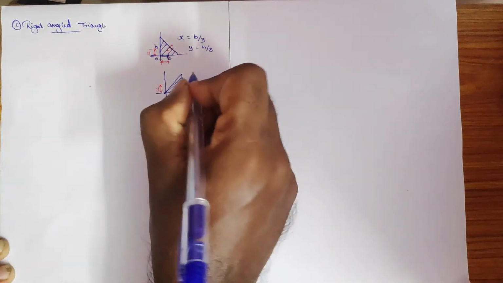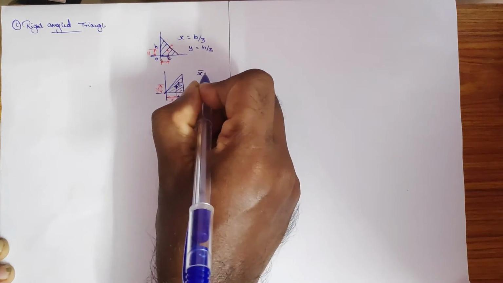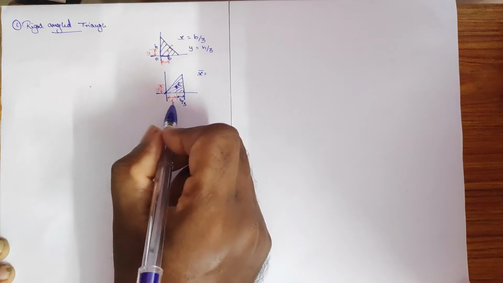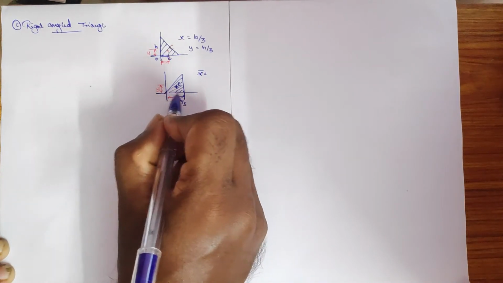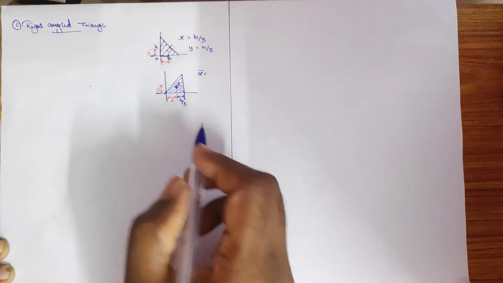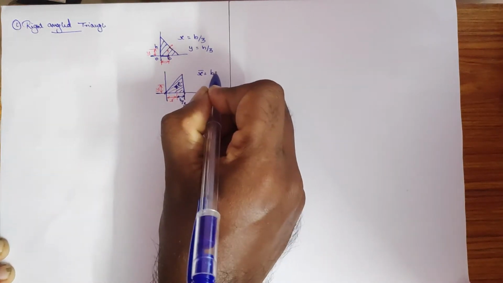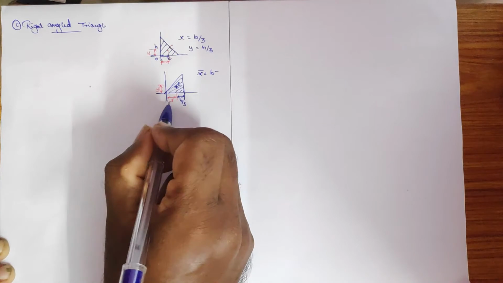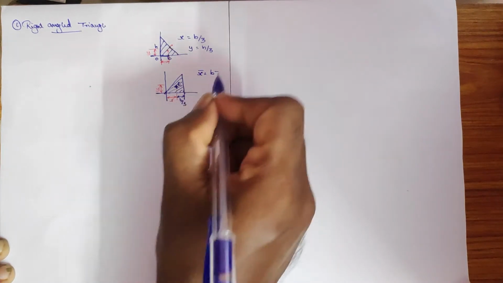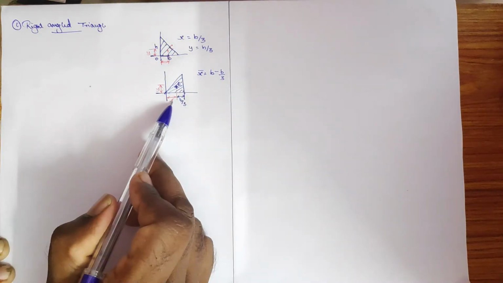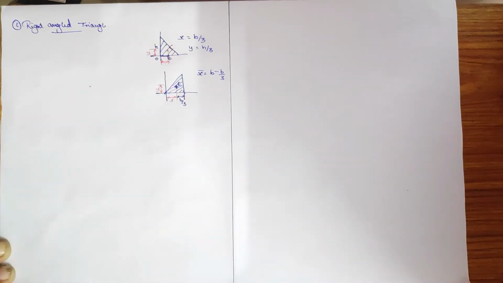So the formula of x bar is, I can say the total length is b. So b minus b by 3. To get this x, I just subtract this b by 3. Can you get it? Our x from the O